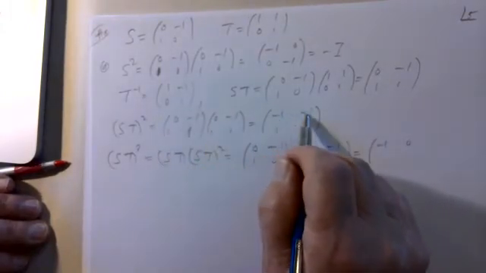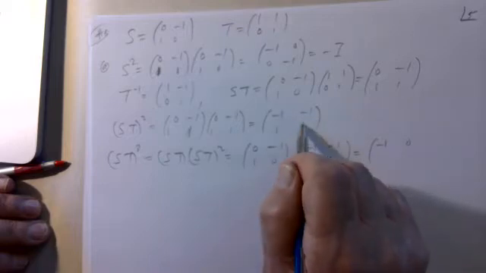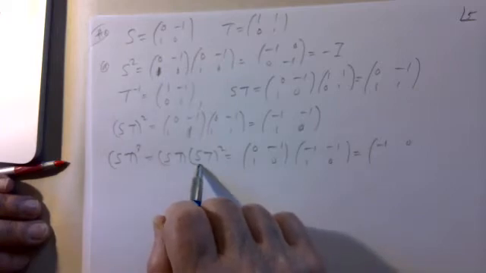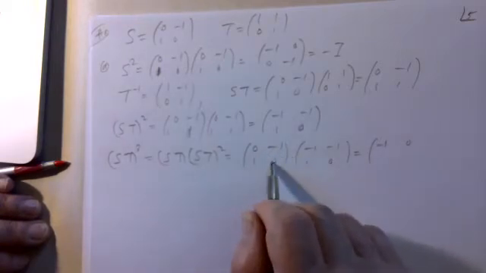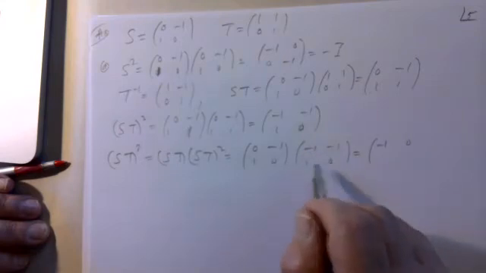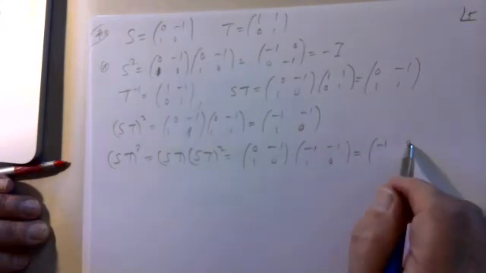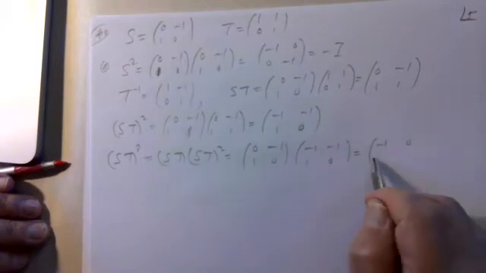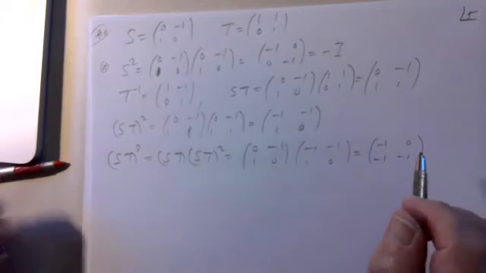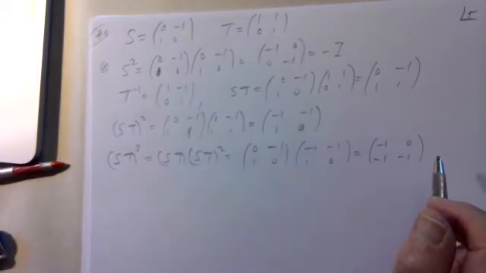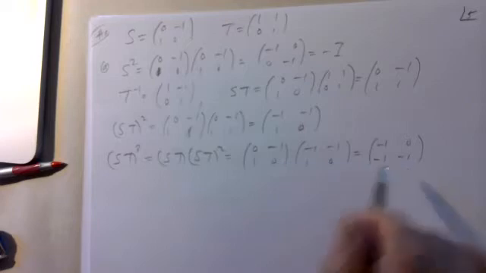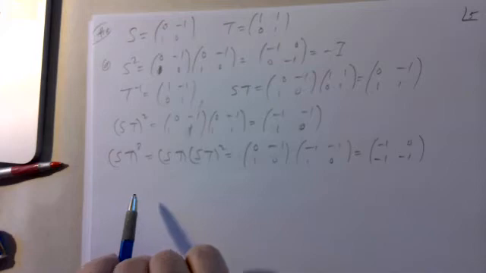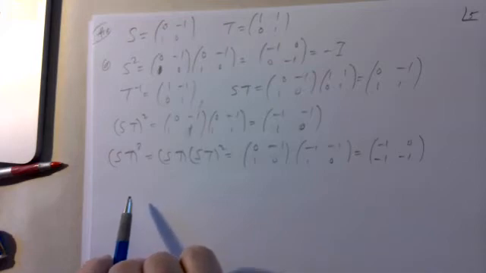So that's -1, -1, and 1, 0. So ST cubed is ST times ST squared, 0, -1, 1, 0 times -1, -1, 1, 0. So I get -1, 0, and -1, -1. So that's not right. I'm pretty sure that's not right. So let me just see what I did wrong. Or maybe it is right, but